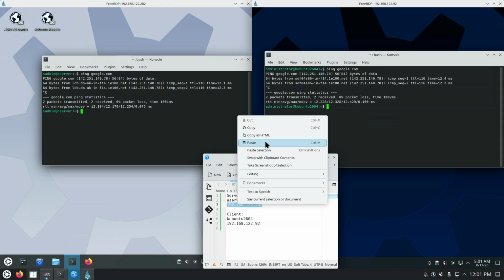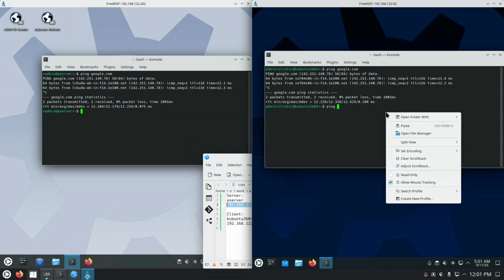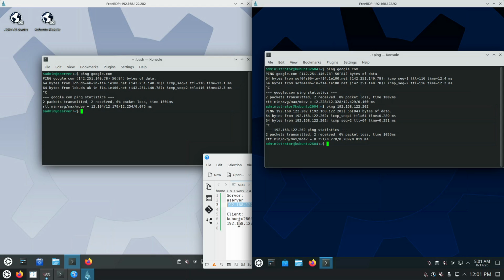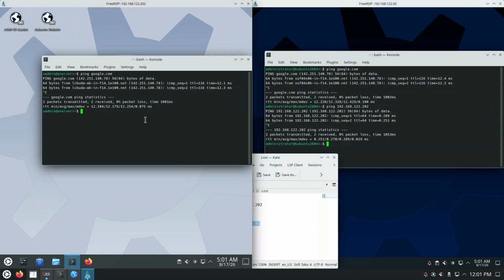So from the client, we want to ping the server. And it works. From the server, I want to ping the client. It works. Often when I expose a Linux directory as a Samba share, that means that that share will be